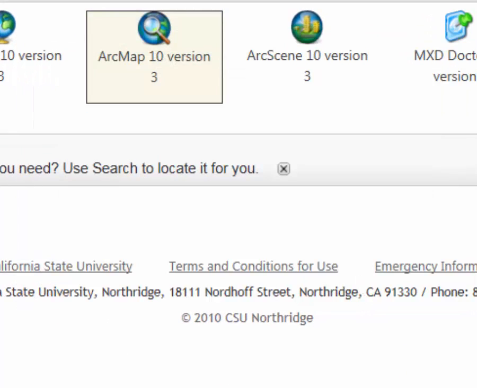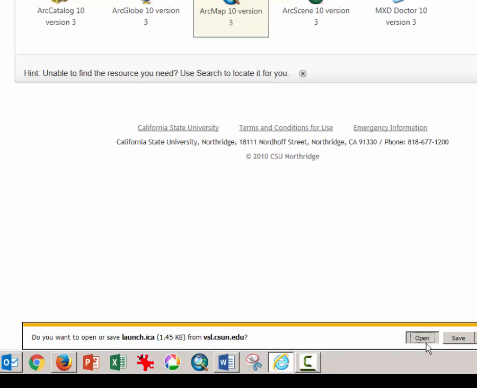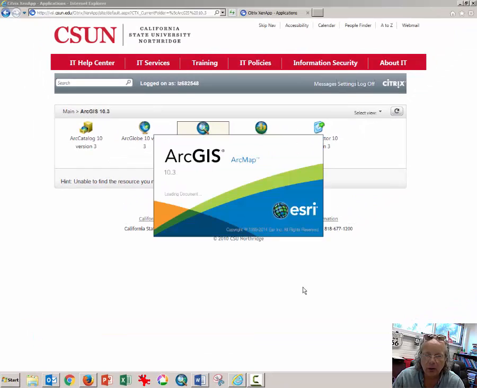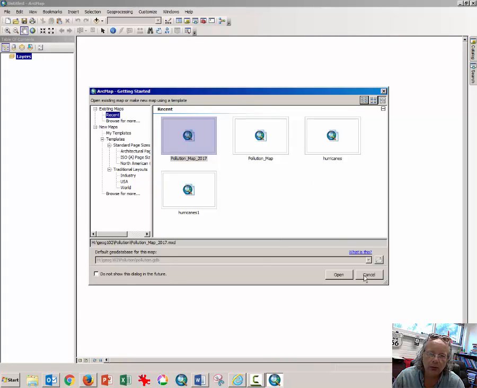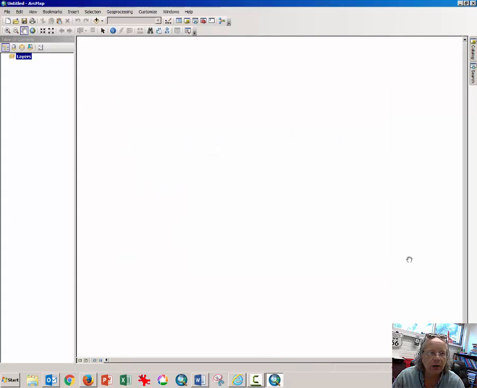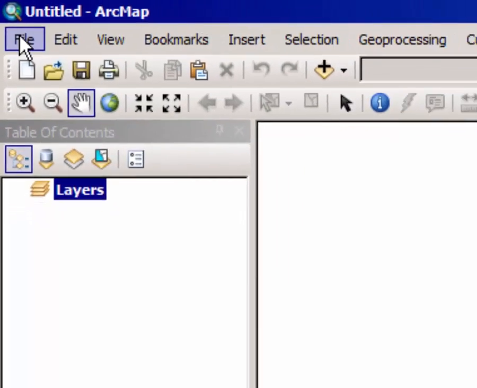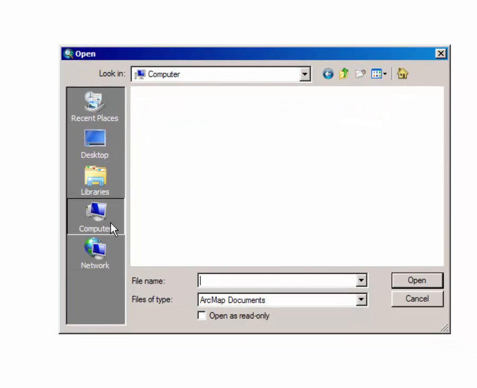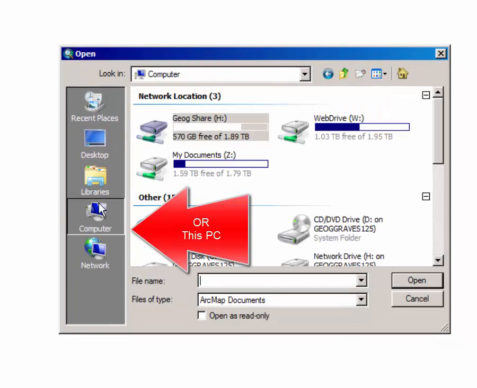Click on Allow and Open or save the launch.ica file in order to activate the Citrix server or the Citrix software, which launches ArcMap. Once it's open, click on File, click on Open, and of course we're going to be looking on